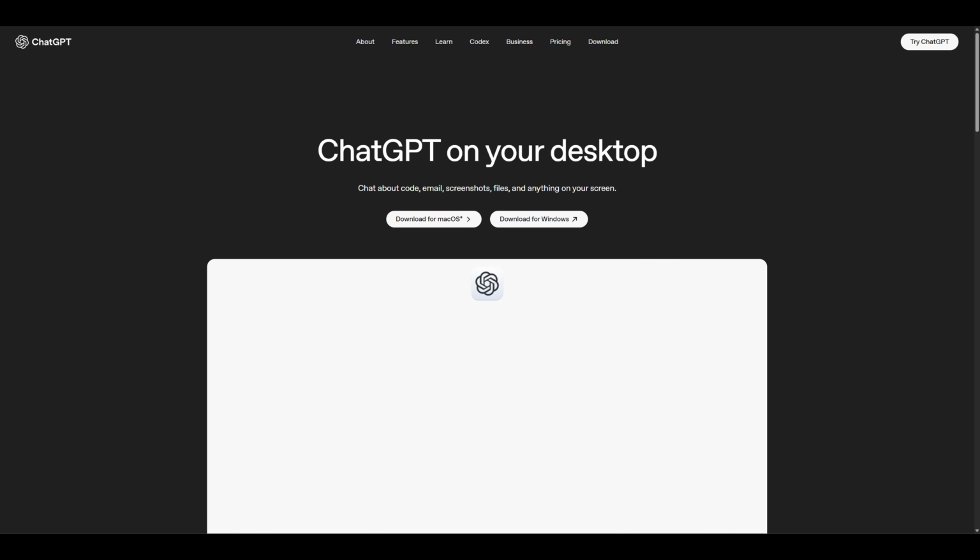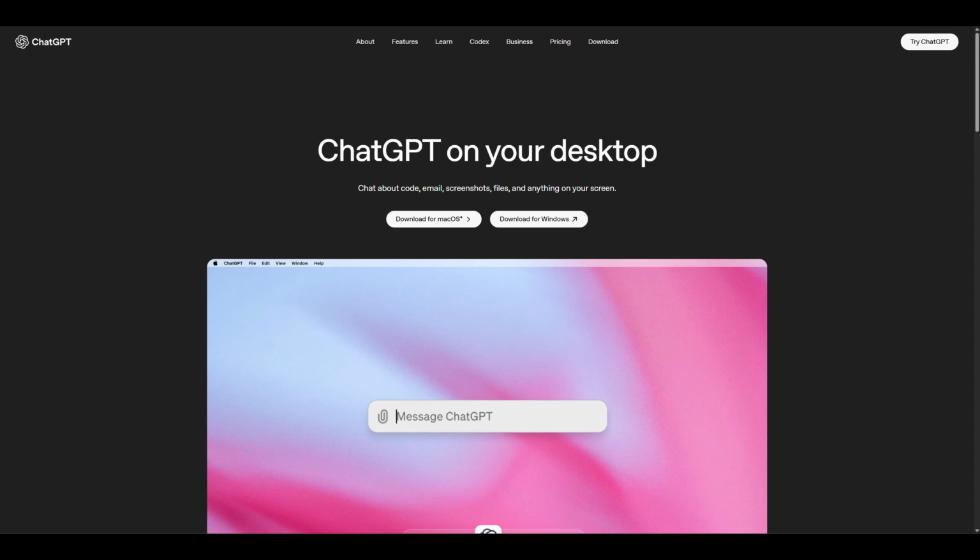Search for the official ChatGPT desktop page, choose macOS, download, and follow the